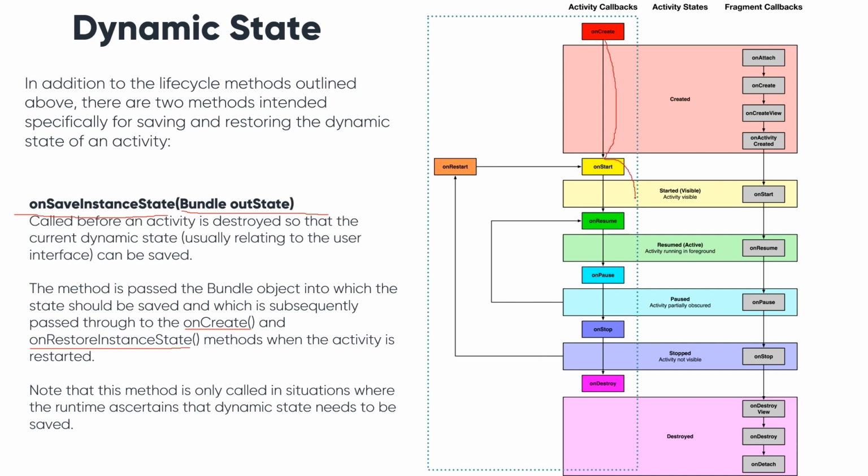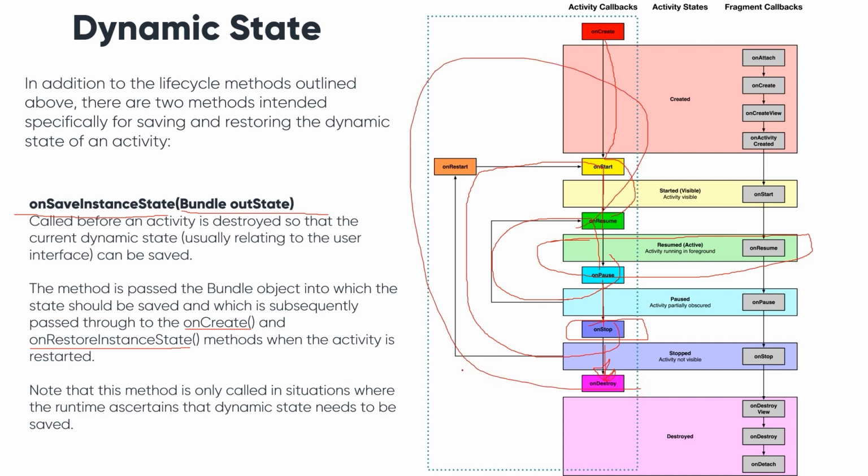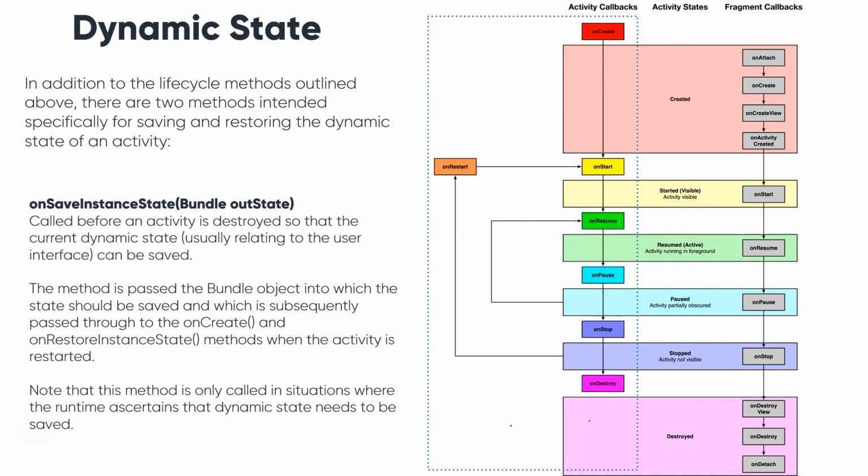onCreate, call onStart, call onResume, display an activity for the user. If the user exits the app, it will call the onPause. Either we can go back to onResume and display it again, or we can stop the app. When the user stops the app, either we can restart it with onRestart and again onResume, or we can call the onDestroy. This is a quick recap, a quick summary of what we have learned about the activity callbacks and the activity methods. I'll show you this in a very detailed